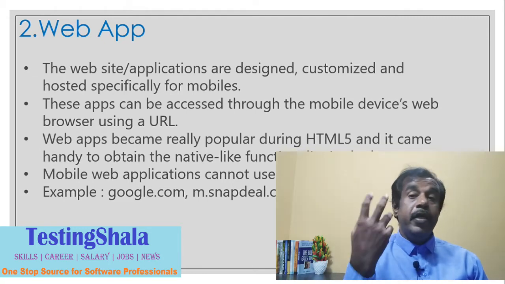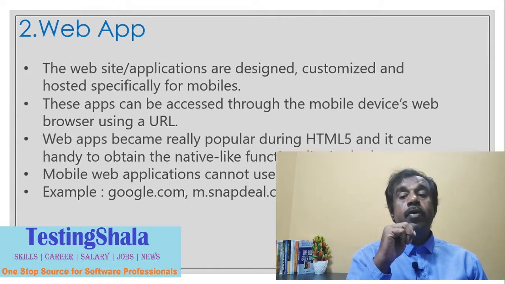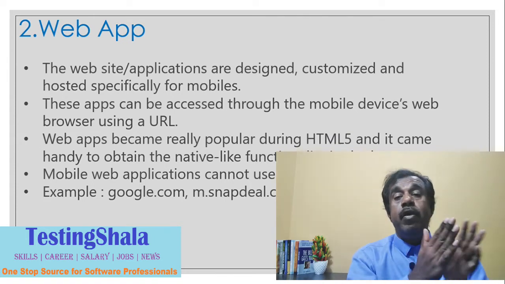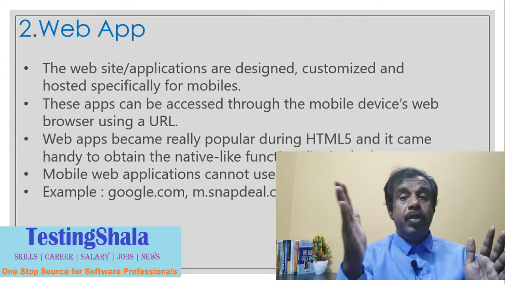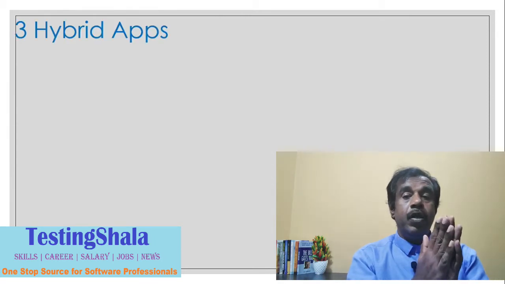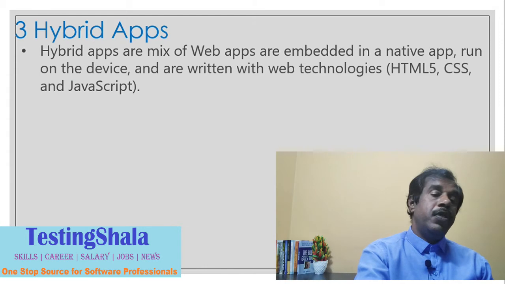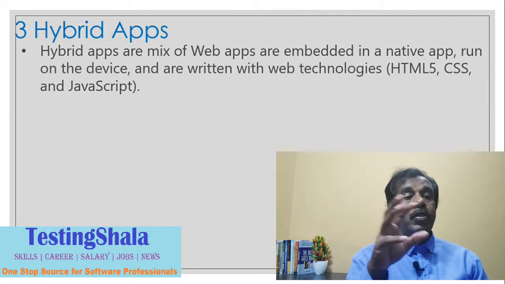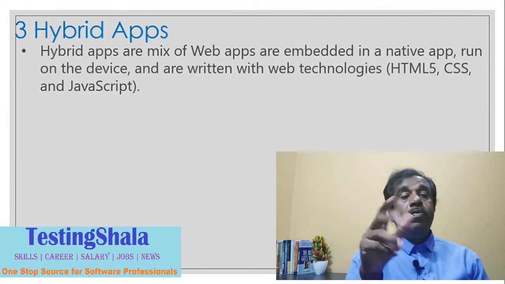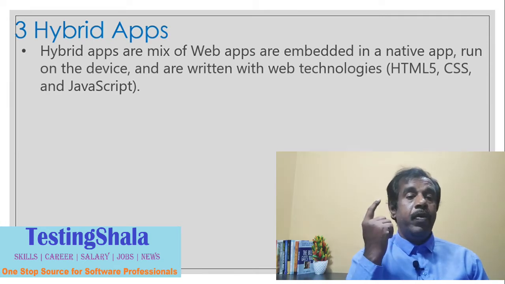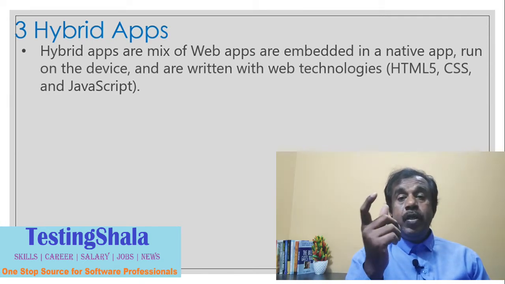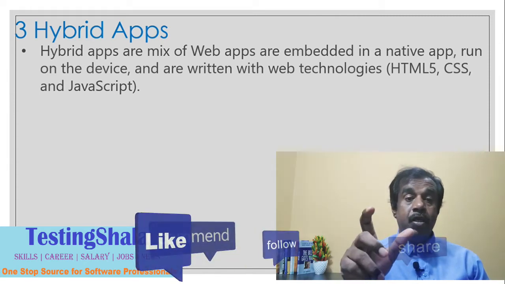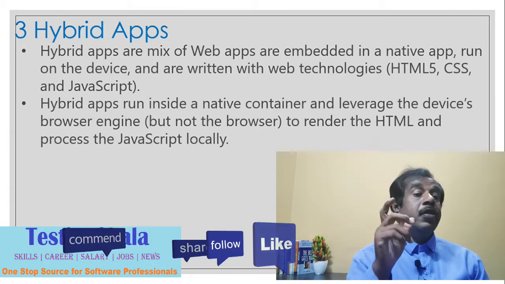application, mobile app. Now let us move on to the third type of mobile apps, which is a hybrid app. A hybrid app is nothing but a mix of native app plus web app, both together form a hybrid app. So let us understand what a hybrid app is all about. Hybrid, as I suggested, is a mix of both web app and native app. It is a mix of being written using native programming languages plus making use of the latest technologies HTML5, CSS, and JavaScript.